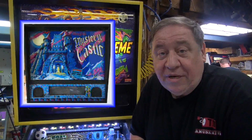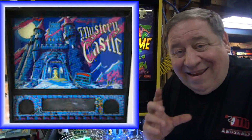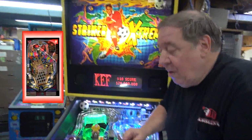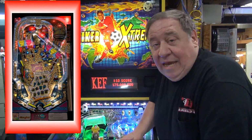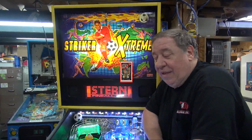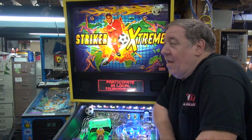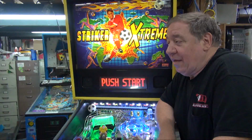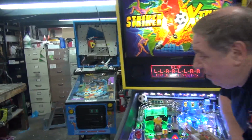Now, Alvin G and Company made a really neat pinball machine called Mystery Castle. And that game desperately needed a post to stop the ball. I really liked the game, and I had a flipper at about the same place. But I could never get the ball up the ramp into the next playfield. I played it and played it. Well, first of all, if you're a good player, you can do it. But if you're a lousy player, like Steven...